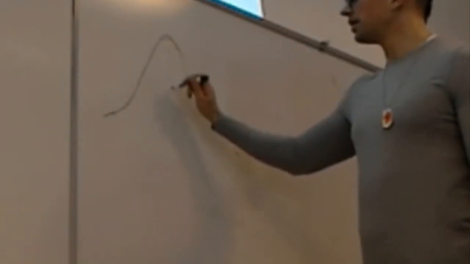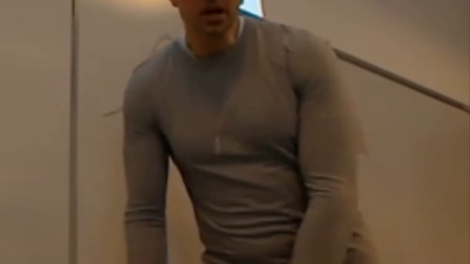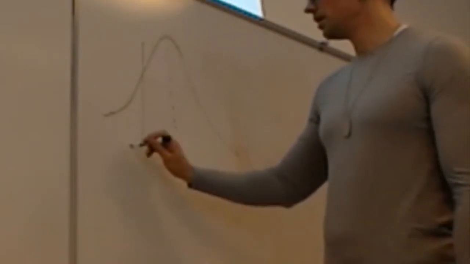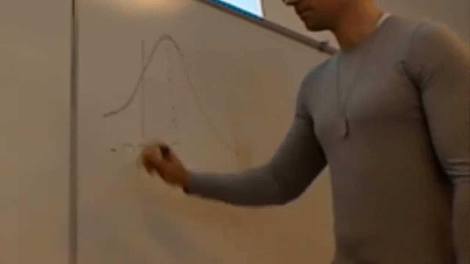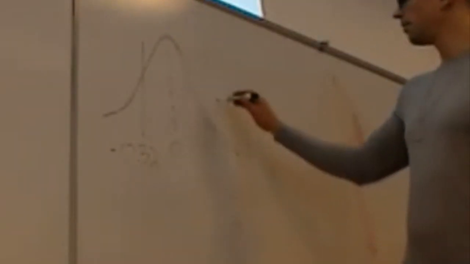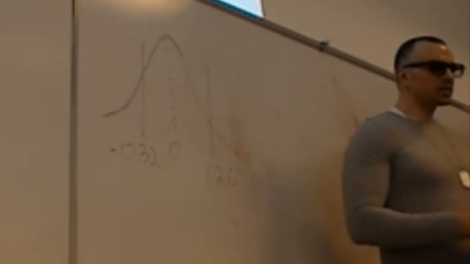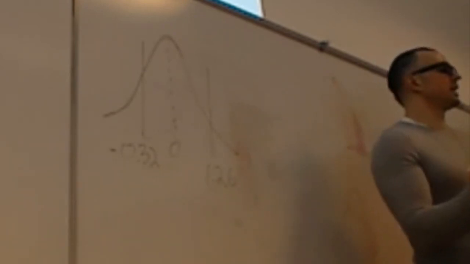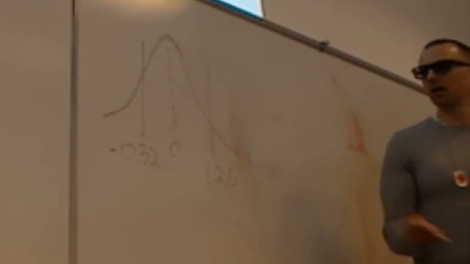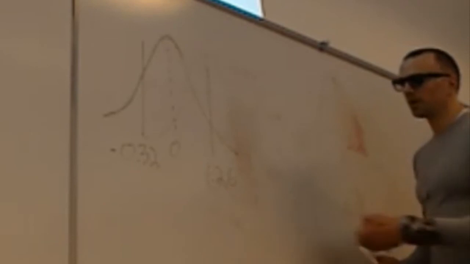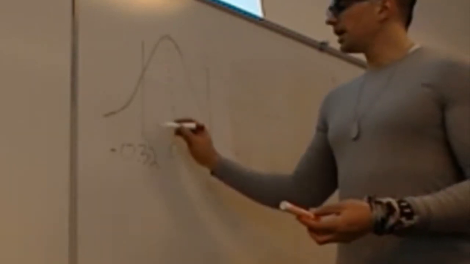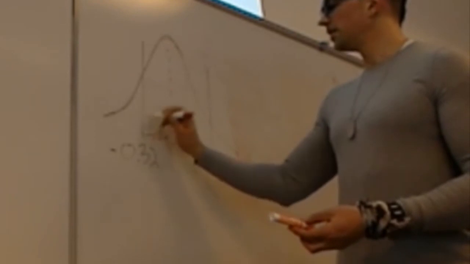So we have our mean of 0. And this time we want to know what is between a z-score of minus 0.32 and a z-score of positive 1.26. For this one, it's actually a little bit more straightforward, because the two pieces that we need, we can almost directly look up. So if we want this entire area, between minus 0.32 and 1.26, if we shade in this part here, we can see that part of that area